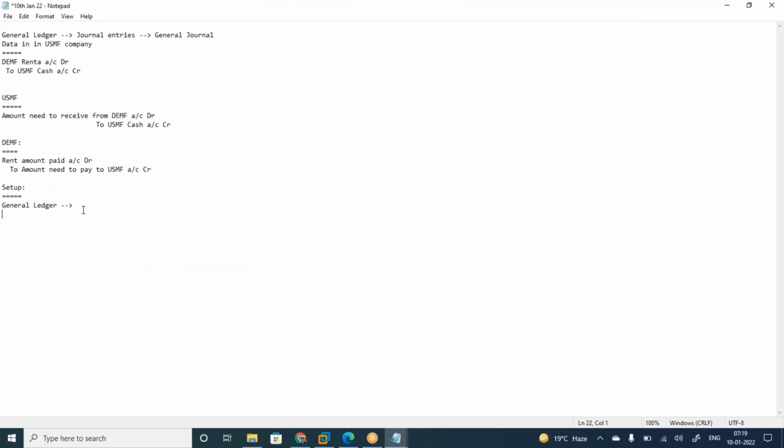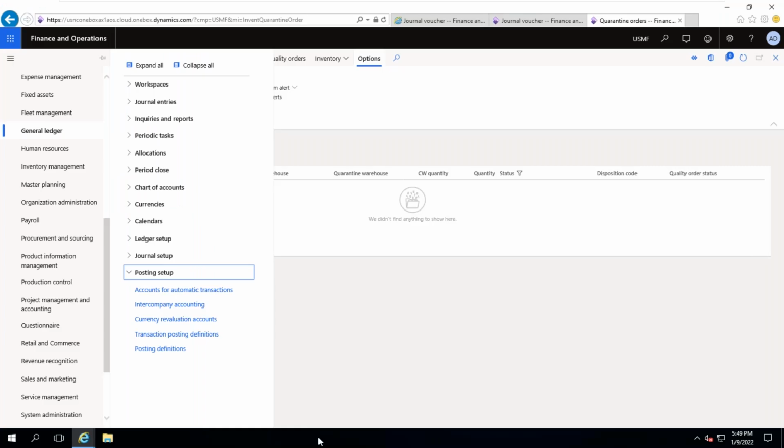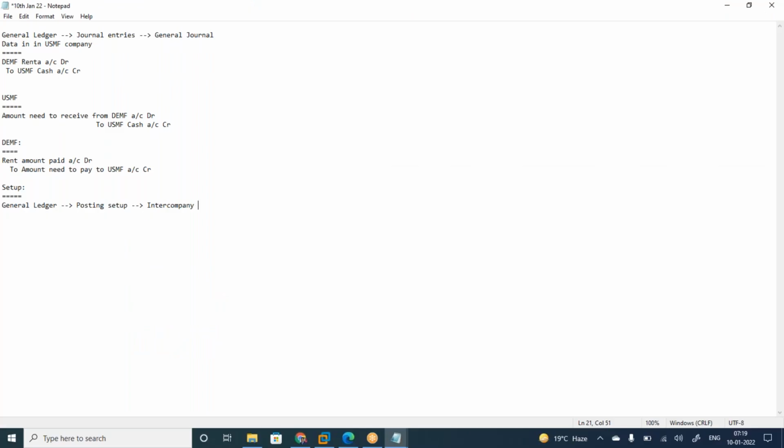Posting setup, intercompany, I'm sorry, intercompany setup, intercompany accounting. You need to map this setup. Simple.